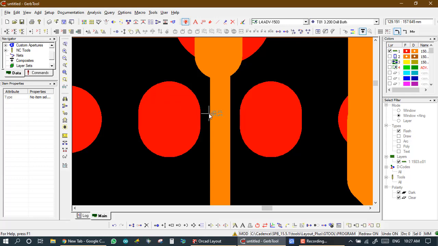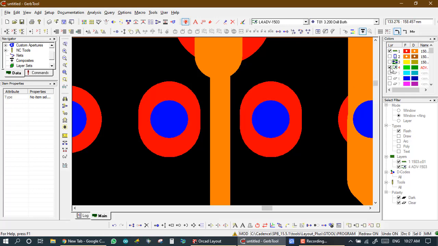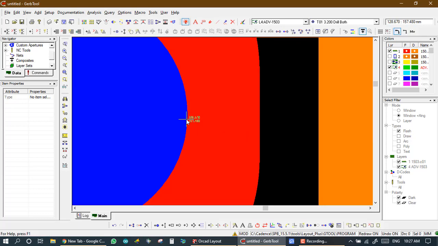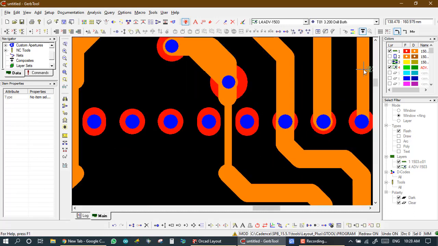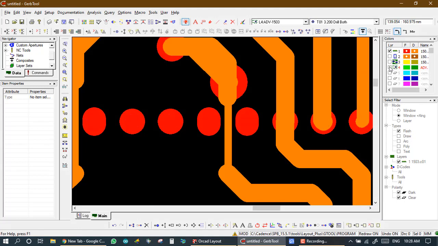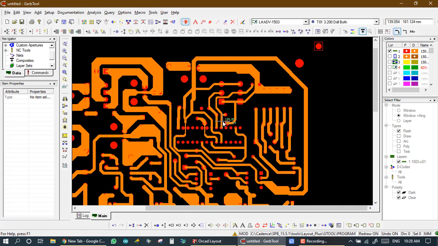So now we make a size, and if you decrease the size of any flash, then we also take care of NC layer. Now I'm on NC layer, and here the size is okay for drill to pad and pad to track. All size is okay, so it's okay. Now I am off NC layer, and now we see if there is any other issue in this Gerber or not.